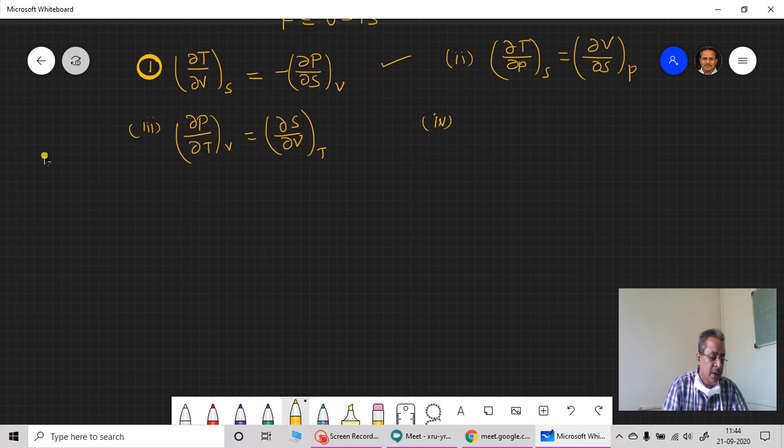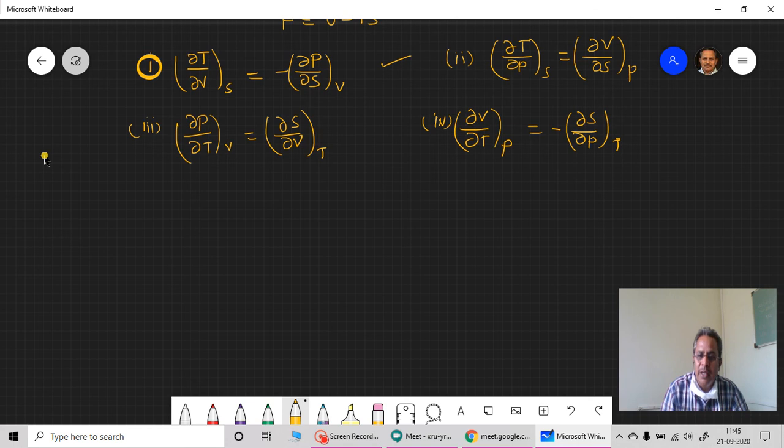It is rate of change of volume with respect to temperature at constant pressure is equal to minus rate of change of entropy with respect to pressure at constant temperature. Now this is fourth. Look at this. आता ज्यावेळेस मी constant म्हणेल, this is isoentropic process, isochoric process, isoentropic process, isobaric process, isochoric process, volume is remaining constant, isothermal process, isobaric process, isothermal process.